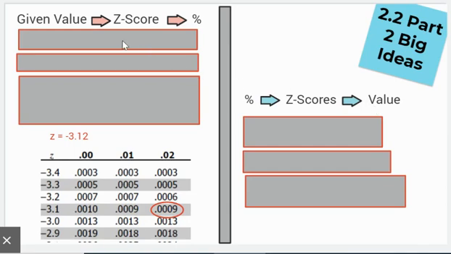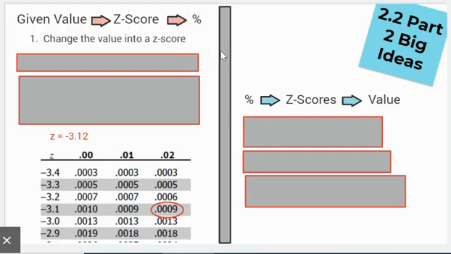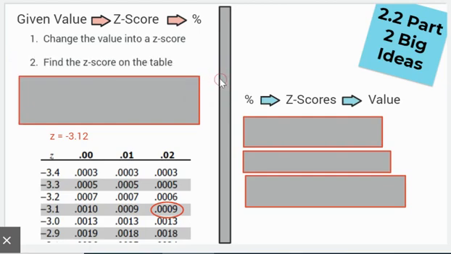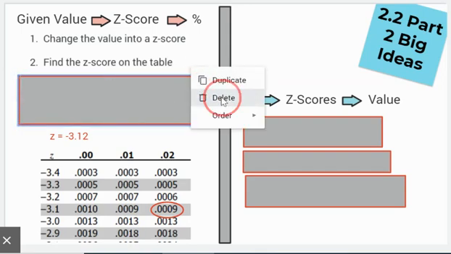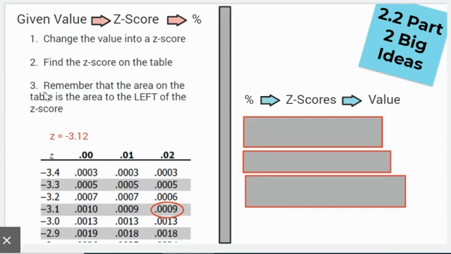So if we look at the steps for this, if we are going from a value to a z-score and then the percent, the first thing that we need to do is change the value into a z-score. So we need to use our z-score formula of value minus the mean divided by the standard deviation. Once you have that z-score, then we find that z-score on our table. And once we find the z-score on the table, the last thing that we do is we find the area in the table. And we need to remember that the area on the table is the area to the left